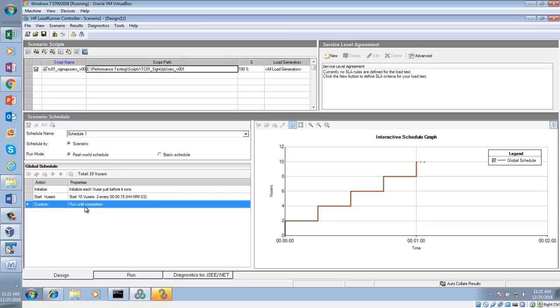So the Vuser count is 10, and iteration is 10. Iteration is 10 for what? Because we have 100 data. So to finish that 100 data, each of the users will have to work 10 times. Now if you do it by iteration, then you will have to give run until completion.